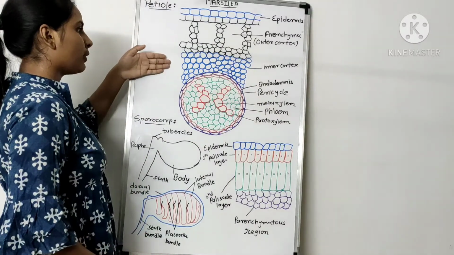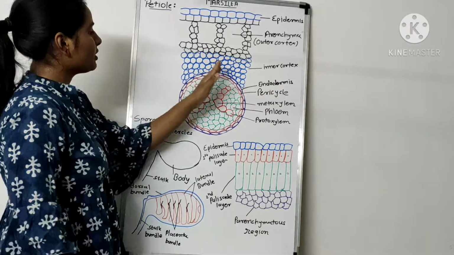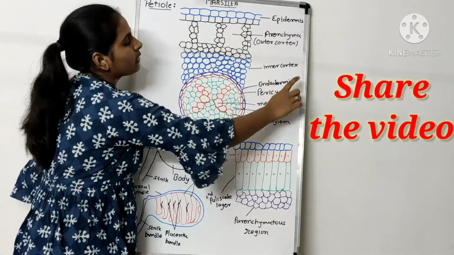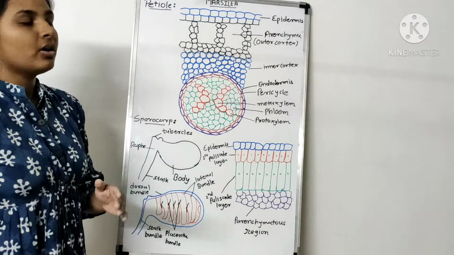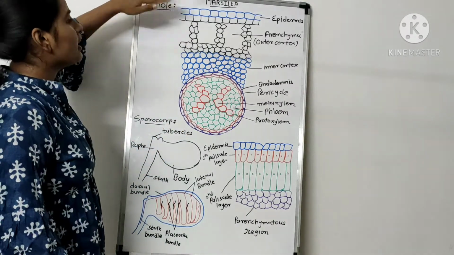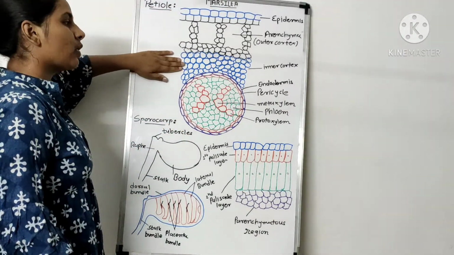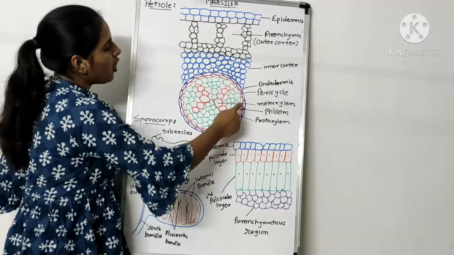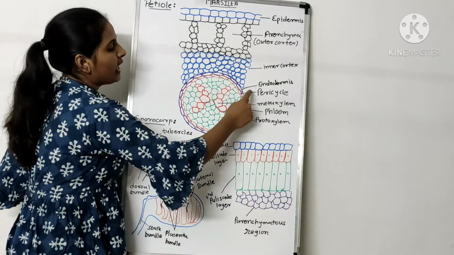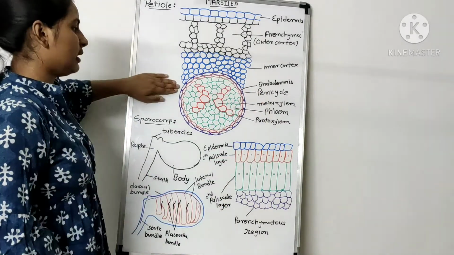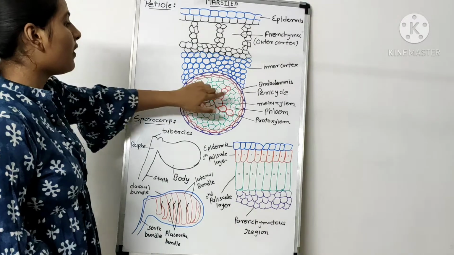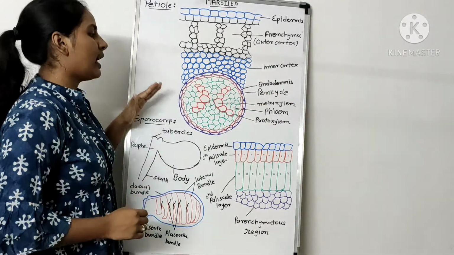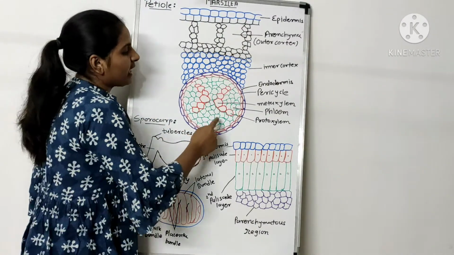Just beneath the outer cortex we see a parenchymatous region. This parenchymatous region is known as the inner cortex. Okay guys, this is the epidermis, the aerenchyma and the inner cortex. After the inner cortex we see a single layer of parenchymatous cells, the endodermis. This is the single layer of parenchymatous cells of the endodermis, and just beneath the endodermis we see a single layer of parenchymatous cells,